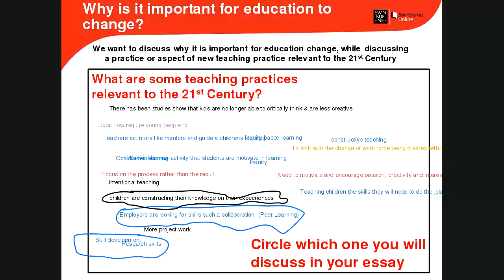Perfect example of our 21st century learning in practice. Okay, Kathy, we've got a screenshot of that one. Okay, thanks. So that's our workshopping around some of the ideas that we can use to inform our essay and some of the key factors that we might be discussing in our essay. And Dani's going to take us through the actual essay structure. So I'm going to hand over to Dani now.